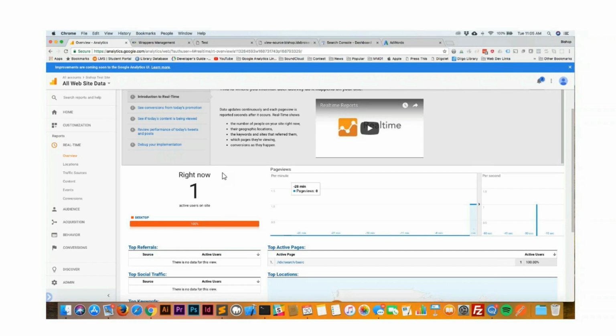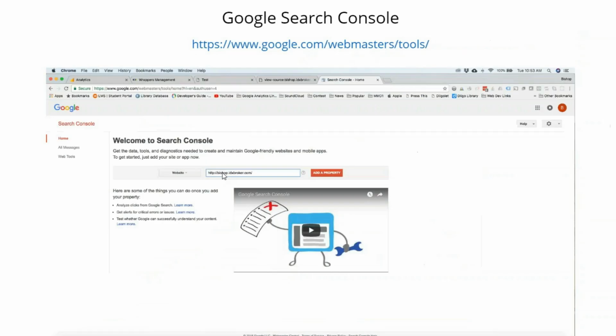It's important to do analytics first, because the next step in the whole process is to set up Google Search Console. Search Console is cool because it gives you insights into what people are searching for when they find your website organically. And when you link Search Console to analytics, then you can see these reports in your analytics account, which is cool. And Google just released a new beta for Search Console that, if you're eligible for it, you will get invited. Basically, it gives you 16 months of historical data